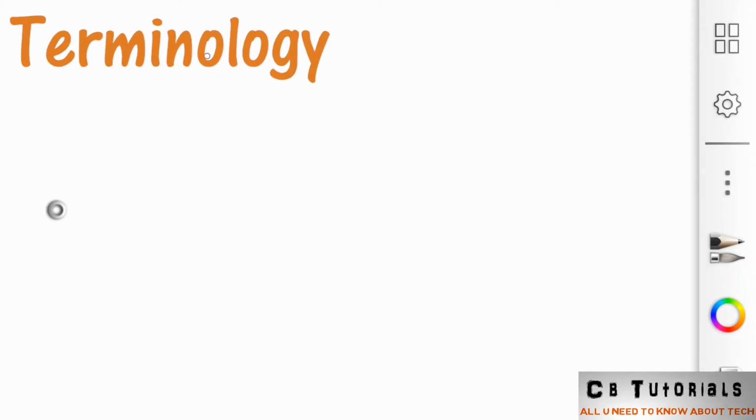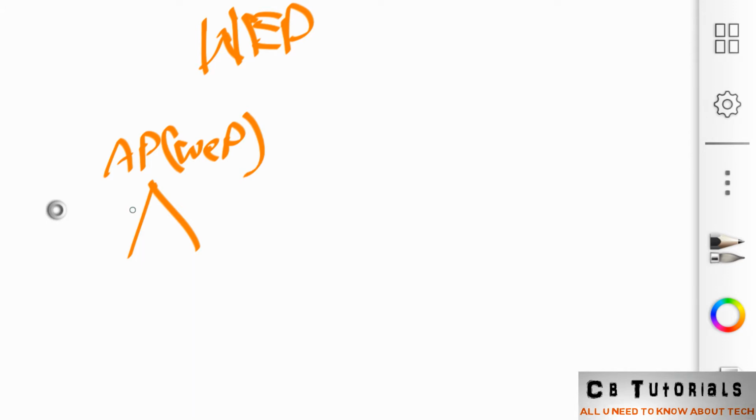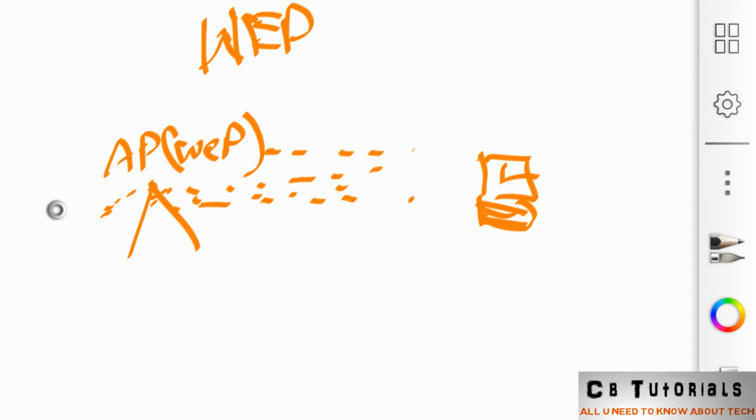Okay, at first we are going to start with our terminology, meaning how it works and how it is possible. We have an access point here, which is considered a WEP encrypted network. Okay, wait, I have to draw this computer. This is the computer, and we have seen that it is a WEP encrypted network. The data travels over the air, like this, and what you have to do is capture